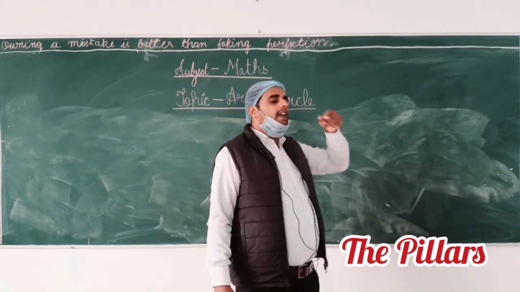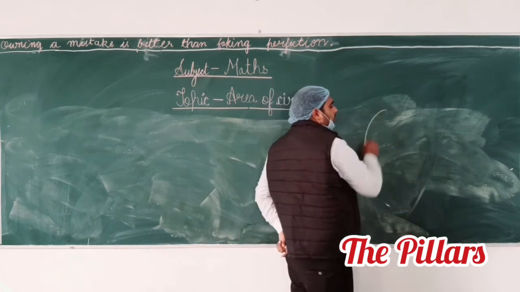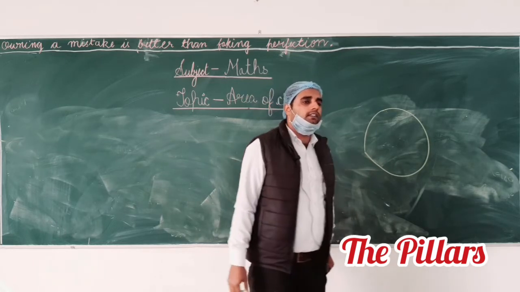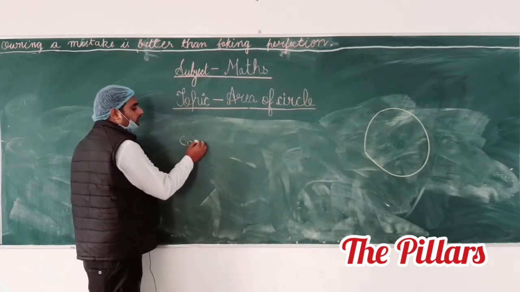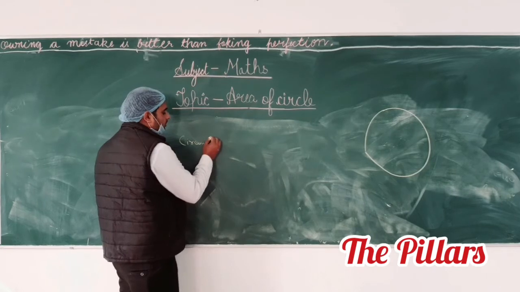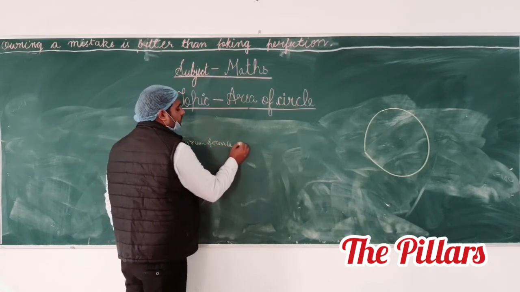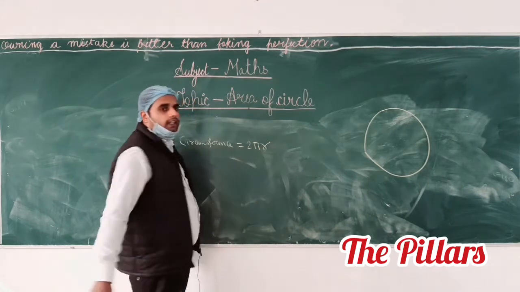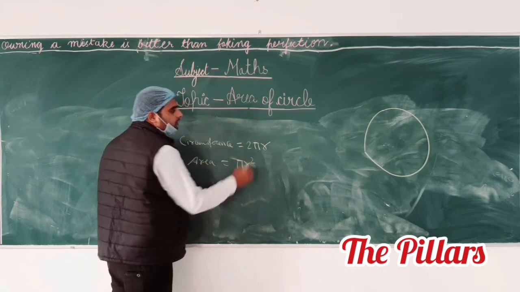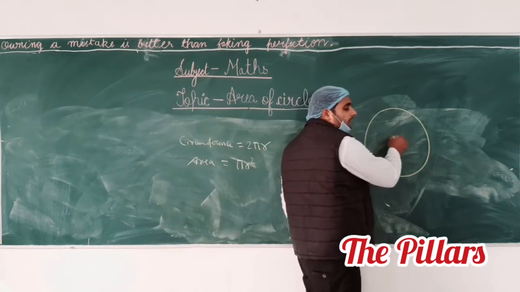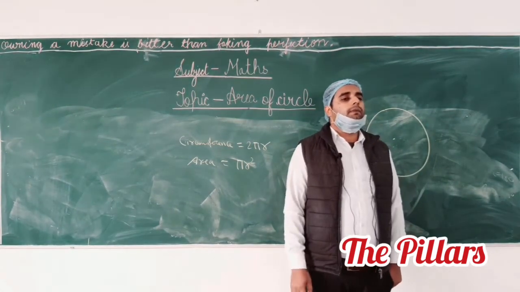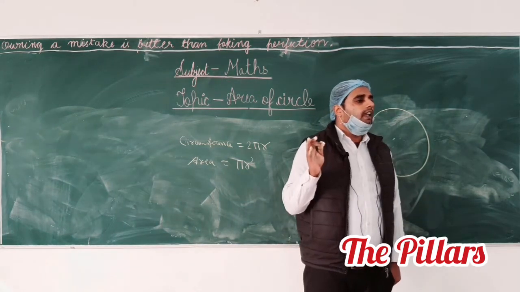Circle, sector and segment. We have to discuss the circle also here. You know that the circumference of the circle is 2 pi r. Area equals pi r square. This is your center. In class 9 you have to mention different things. First you have to mention the central angle: the angle made by any arc at the center.